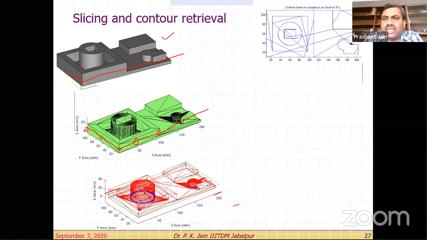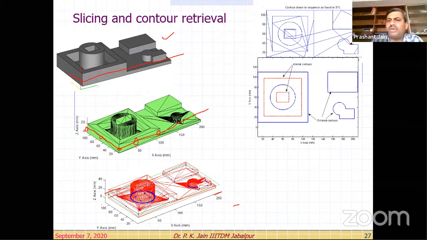But this information is of no use for us to get a 3D printout, right? So what we do, we need to convert this information and join all these points which we have found over here in a logical sequence, right? Once we connect them in a logical sequence, look at this. This blue color contour is the external contour at this position, right? If we cross section this part at this level, right?